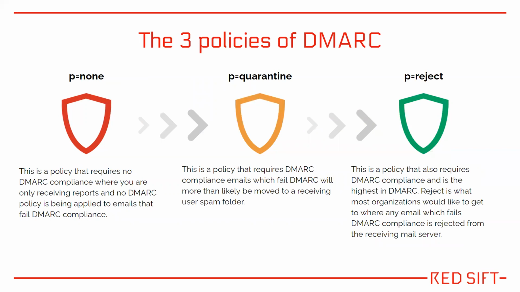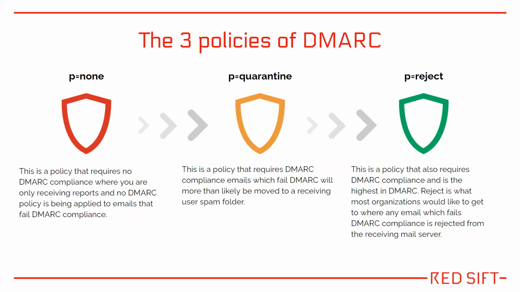With DMARC, there are three different types of policies. There are p=none, p=quarantine, and p=reject. So what does each policy do? Each policy is different. The p=none policy is the policy that requires no DMARC compliance, and this is where you only receive reports on services using your domain and no DMARC policy is being applied